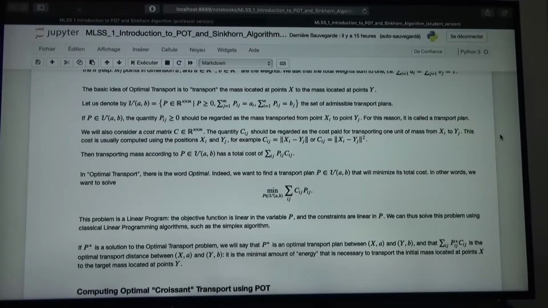So we have this linear program where we minimize over all the transportation matrices, all the couplings P that have the right marginals, the sum of the Cij Pij, that is the sum of how much it costs to transfer some mass from point